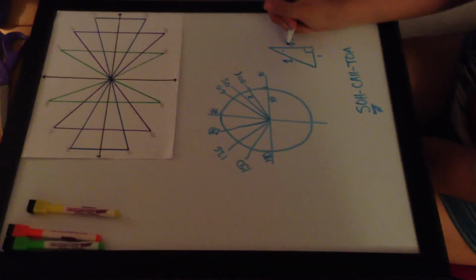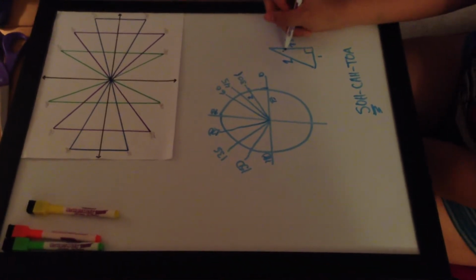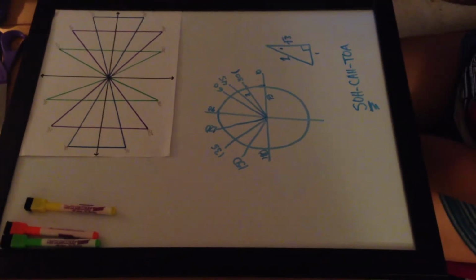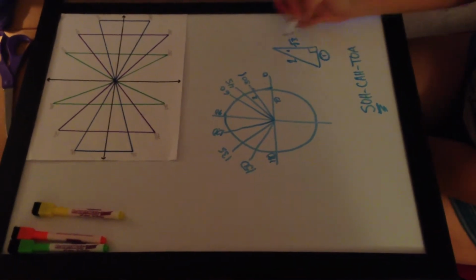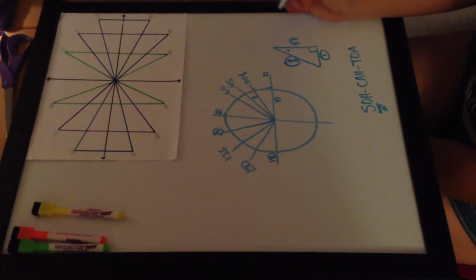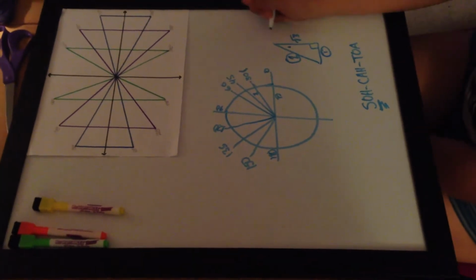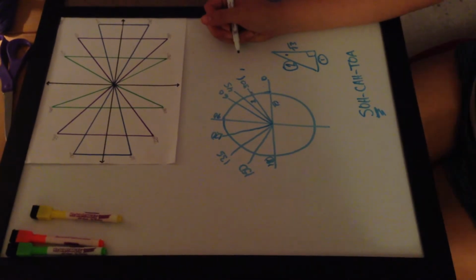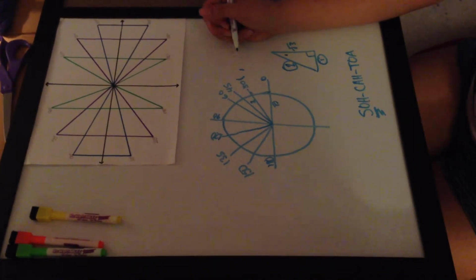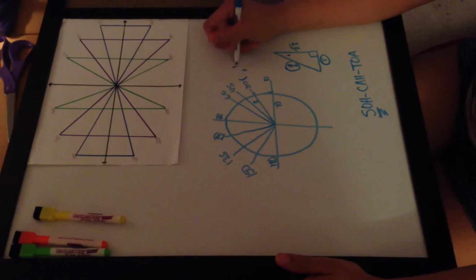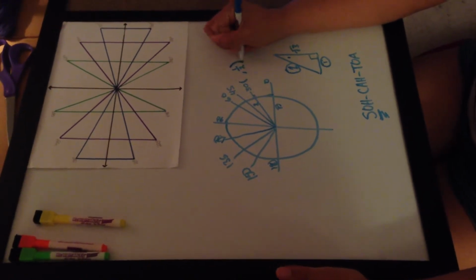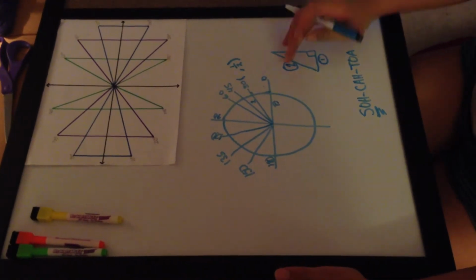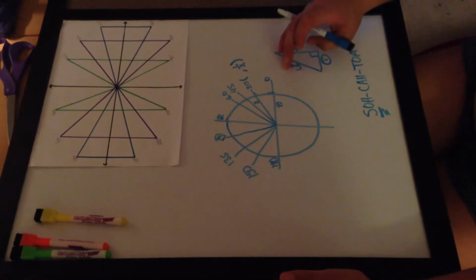Okay, and so we're going to be taking the opposite, which is 1, over the hypotenuse. So it would be 1/2, but the thing here is that your sine ratio is your y value. So you're going to be putting that here, and then to find your